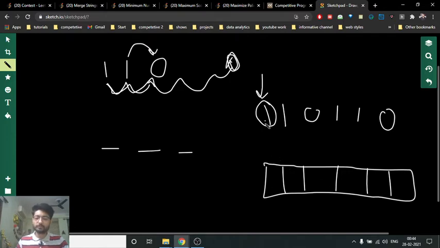So if you want to place this ball into this position, the first position, it is already there, so 0 moves are required. If you want to place the ball in this position, 1 move is required. For this, 2 moves are required, 3 moves, 4 moves, 5 moves are required, because if you want to place all the balls in this position, you have to take these balls into this position, which is 5 moves.